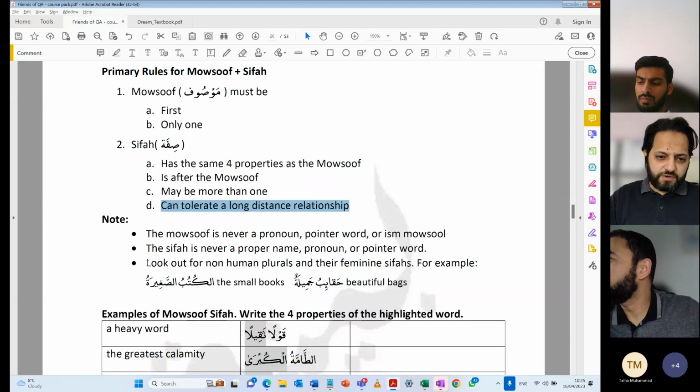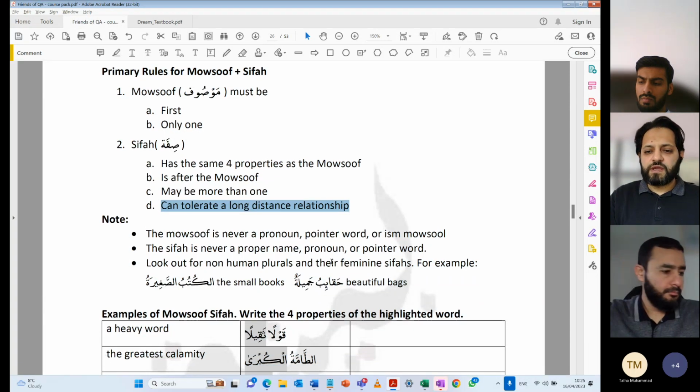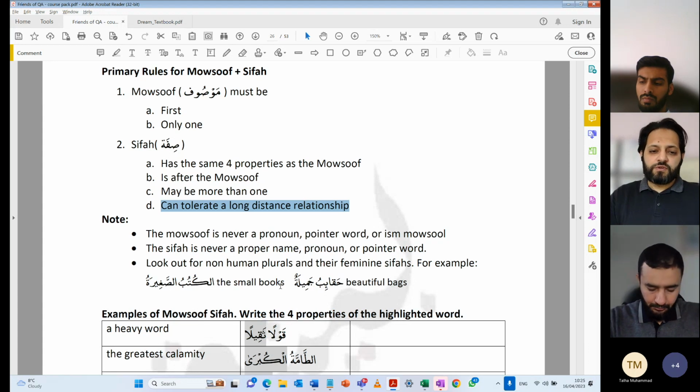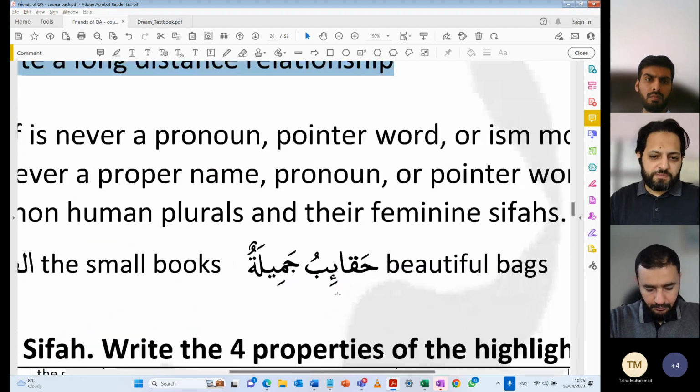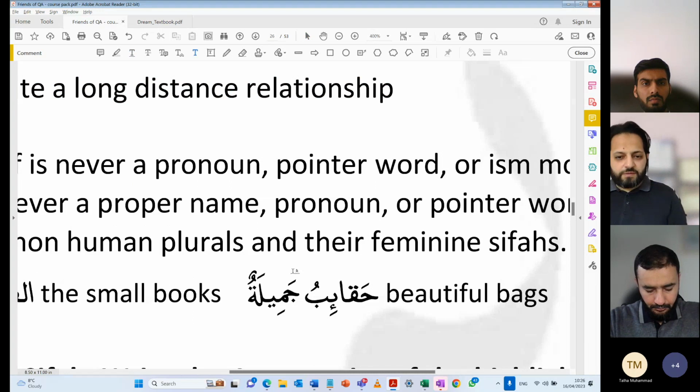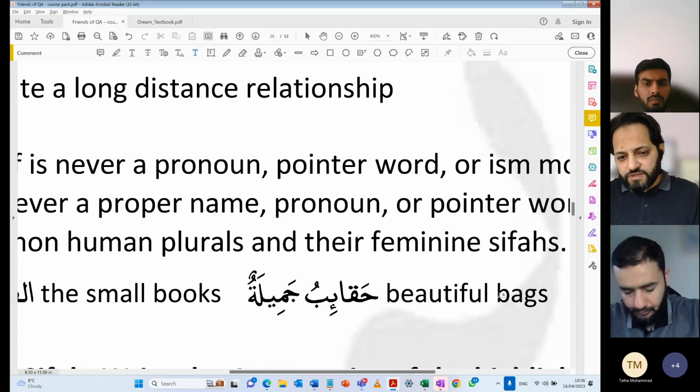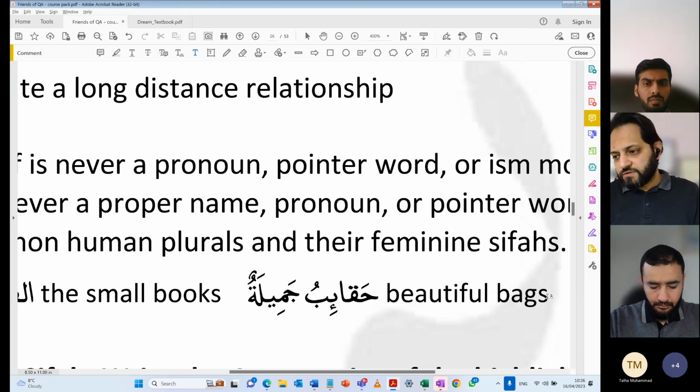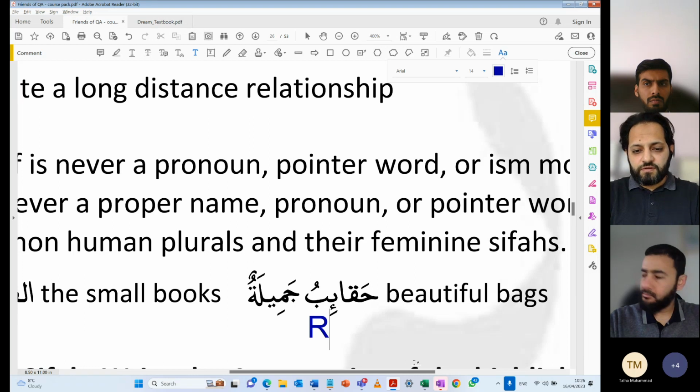Now this pointer, last one. Look out for non-human plurals and their feminine sifas. So usually you can get tricked by these non-human plurals, whereas things might be looking different, and you might not be able to do the properties if you don't look closely. For example, haqaibu actually is bags, and these are non-human. Right? So when you do four properties of haqaibu, apparently you would probably say rafa, singular, masculine, proper, but